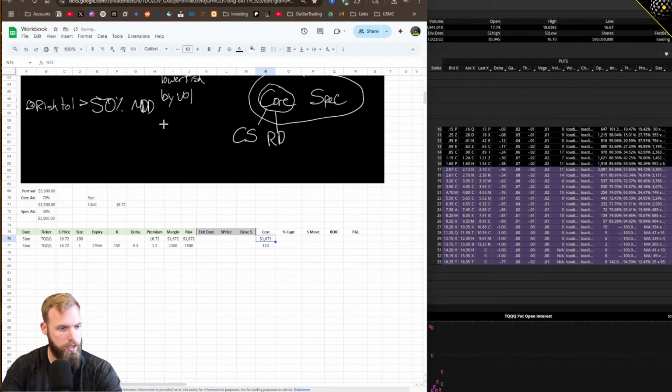So this just represents what we're taking in. The way that I would run this kind of log is these would be negative if it's money out. So the premium on this one, I would run it this way so that I know that this is a debit. I didn't bother doing the math on this one simply because